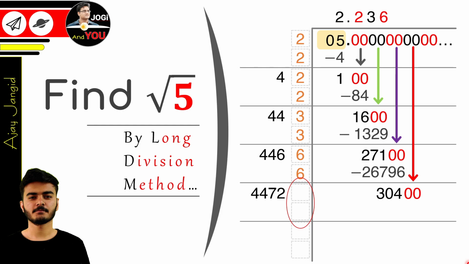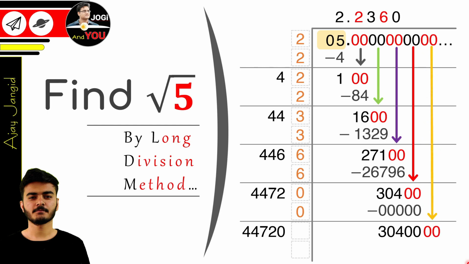But without any confusion, let's take a 0 and multiply these numbers with 0. 44,720 multiplied by 0 is equal to all zeros. The sum is on the left side below and 0 will go to the quotient. So 30,400 minus all the zeros is equal to 30,400. And for the next step, carry the next pair of two zeros below. It will become 3,040,000. Put any number here, as I am picking 6. So the multiplication result is on the right side and the sum will be on the left side. And the chosen number will go to the quotient.